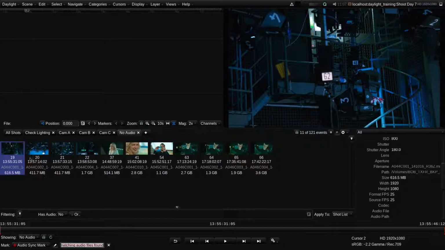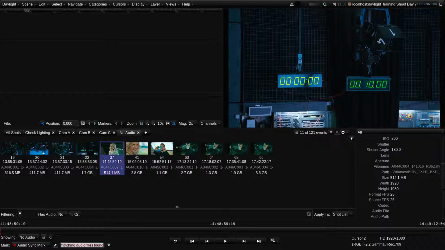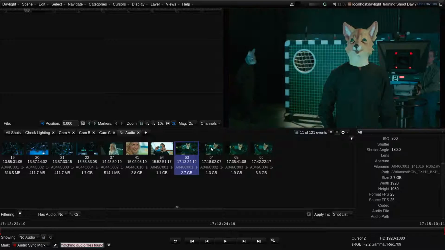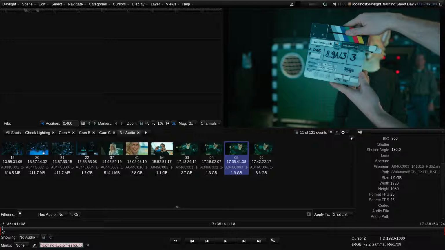If I just quickly step through them, I can see that the first few look like they are just cutaways or establishing shots, and the last 4 are in fact a slow-mo sequence filmed at 75 frames per second, so I wouldn't expect sync audio for those shots. Okay, I don't need to worry about finding audio for these shots, so let's check the audio sync of all the other shots.